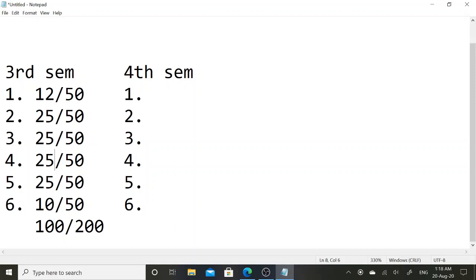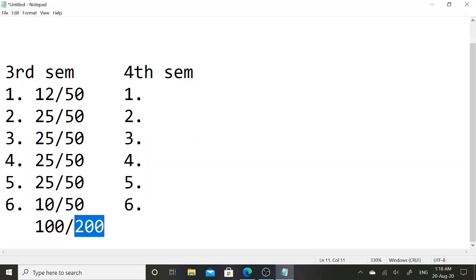Then your total score is 200, since you cleared 4 subjects and each subject is for 50 marks. Therefore the total calculation of 4 subjects is 200. So your total marks is 200.